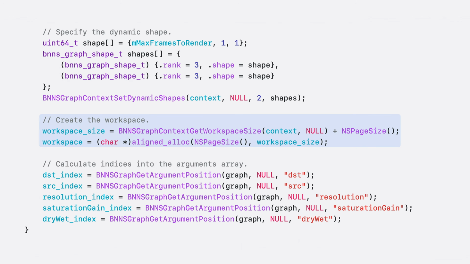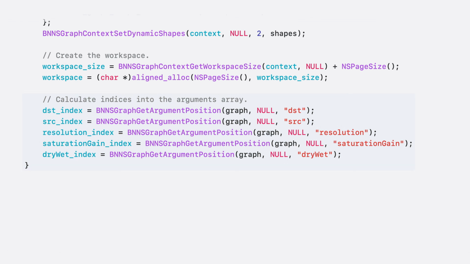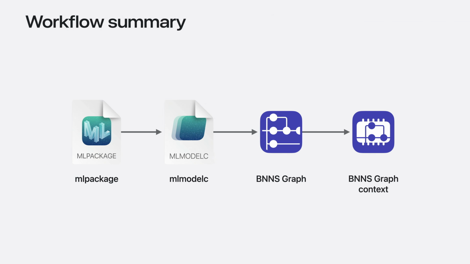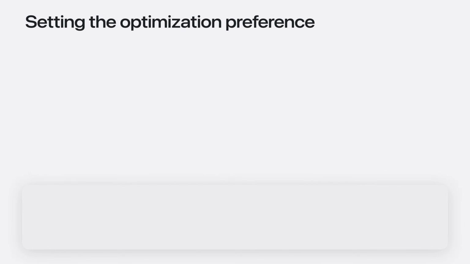The workspace memory must be page aligned, and I'll call aligned alloc to create the workspace. It's important to note that the argument order in my original Python code may not be the same as the argument order in the ML Model C file. The graph getArgumentPosition function returns the correct position for each argument that I'll pass to the execute function a little later. And now we have the properly configured context.